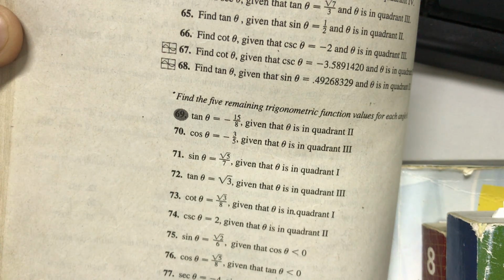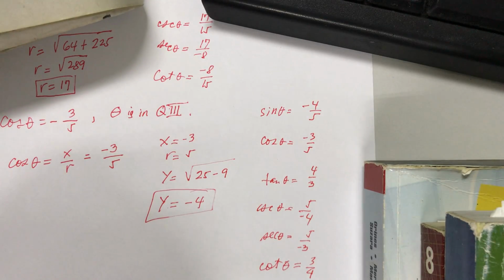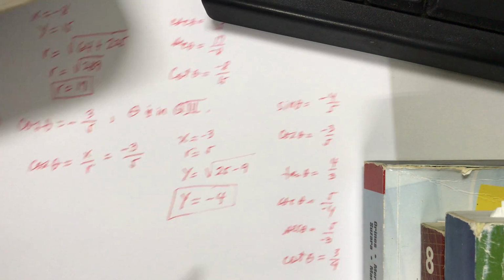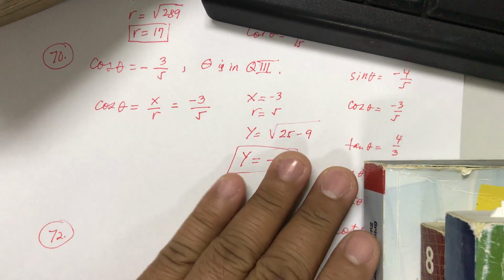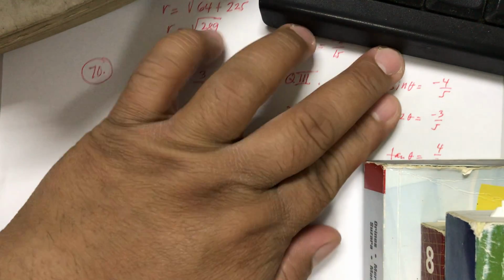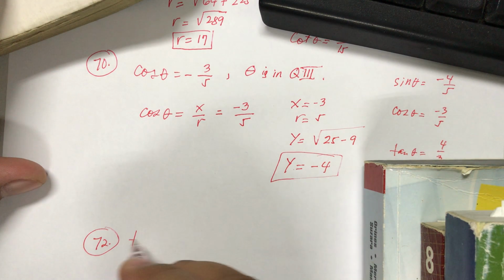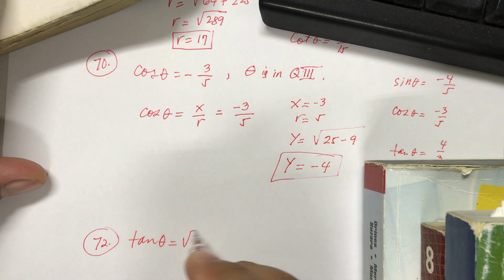So you are to find again the 5 remaining trigonometric function values for each angle theta. Let me just rewrite it. Number 72 is that tangent theta is square root of 3